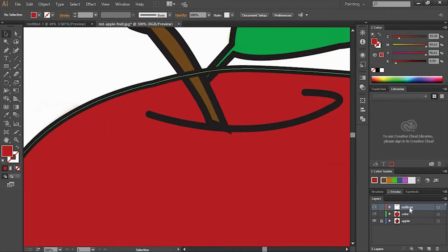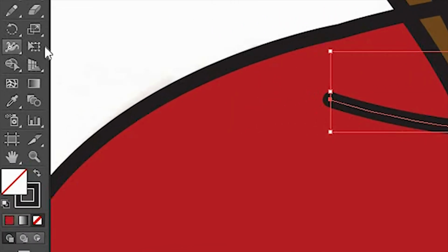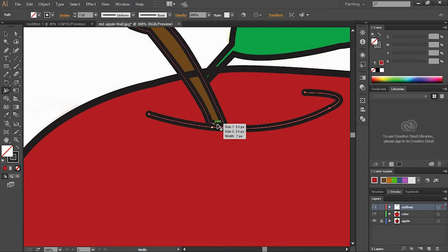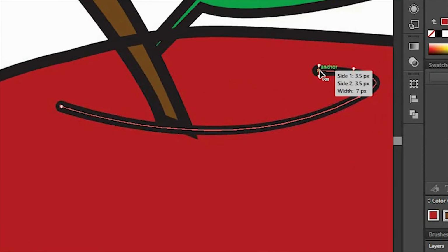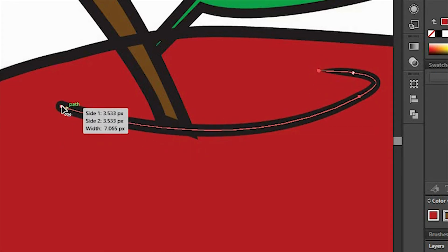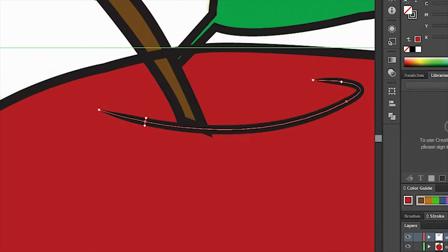Go to the outlines, select this shape, go to width tool, and now with this tool you can change the width of the line as you want. It will create professional looking image.